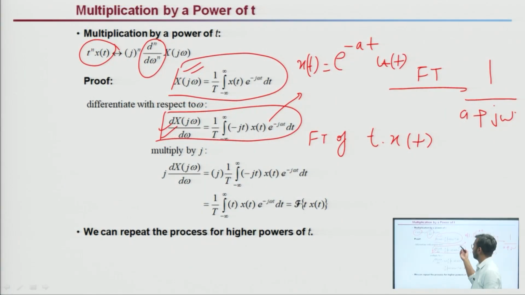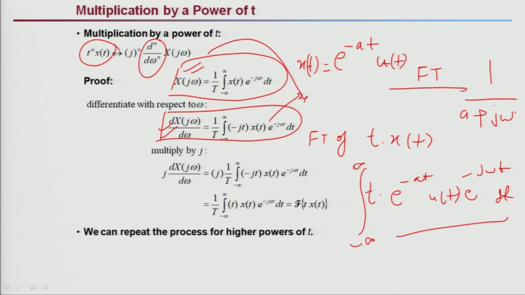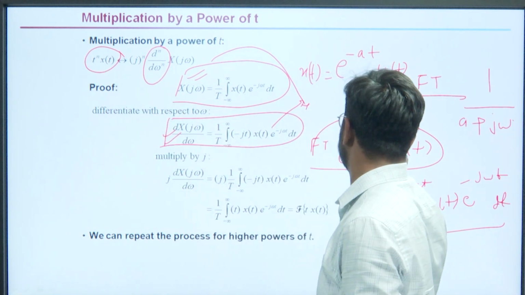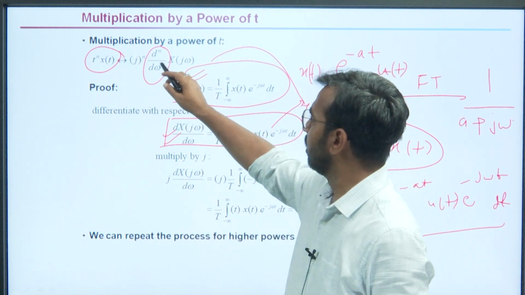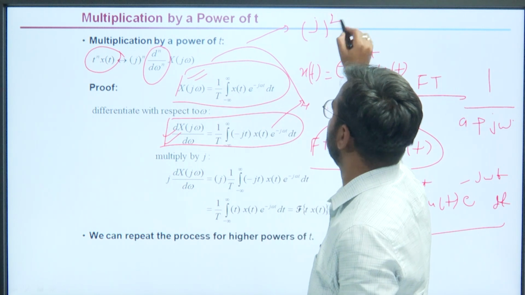If you go by the conventional method, what do you have to do? You have to write t times e to the power minus at ut, and integrate from minus infinity to infinity e to the power minus j omega t dt. It will take a lot of time. So, using this property of multiplication, we know that t to the power 1 means we can directly write the result as j to the power 1,